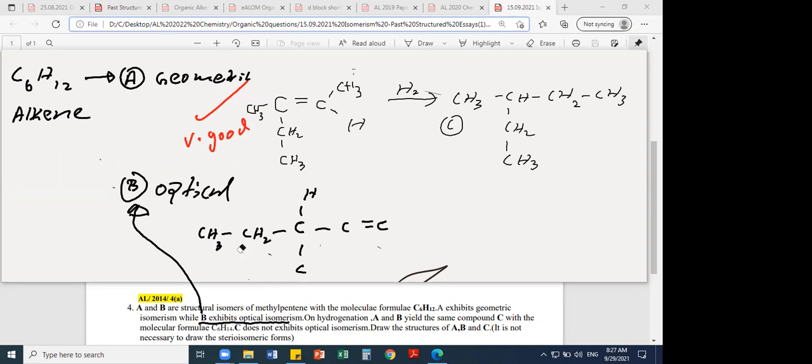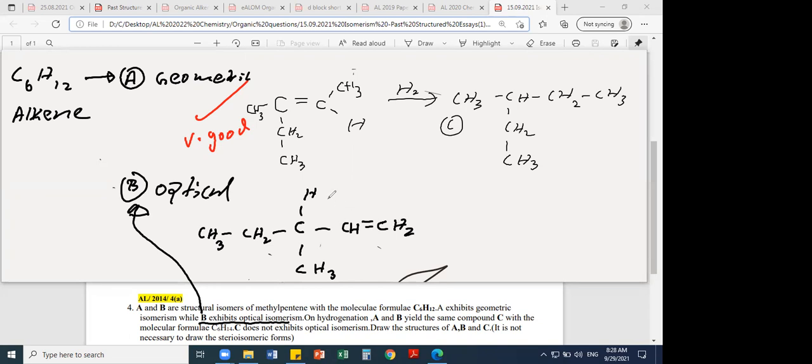Even though both left and right sides have 2 carbon, they will not be equal because of the double bond. So this side it becomes CH2, this side it becomes CH, right? Here CH3. Now see whether it's C6H12 now, right? First you have to put the skeleton and then predict the double bond and then finally add hydrogen. Again I'm repeating. First I wanted to make it optical. Then I put the central carbon atom and attach the remaining carbon. But when there's a double bond between the carbon atoms, it will be a different